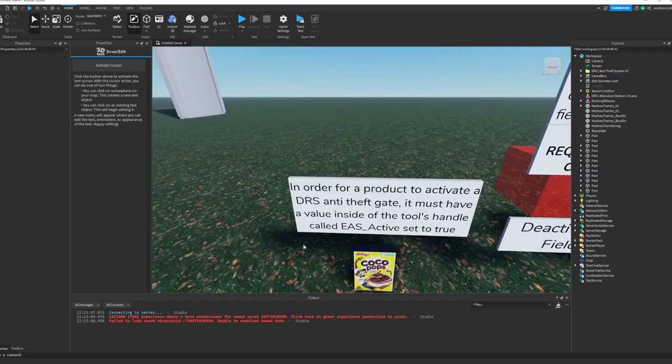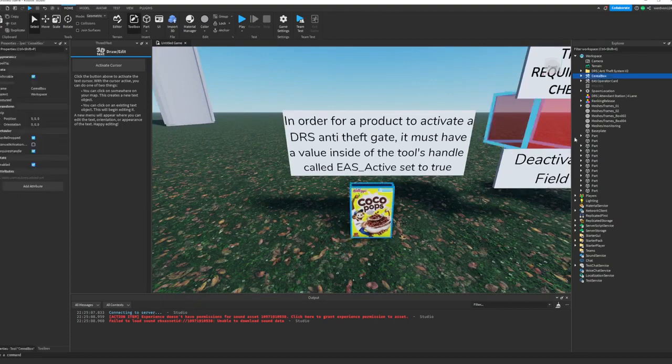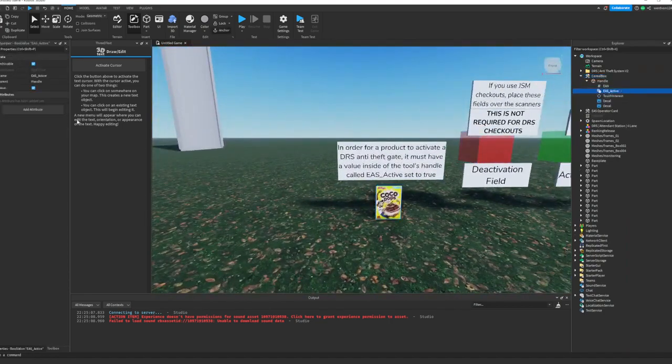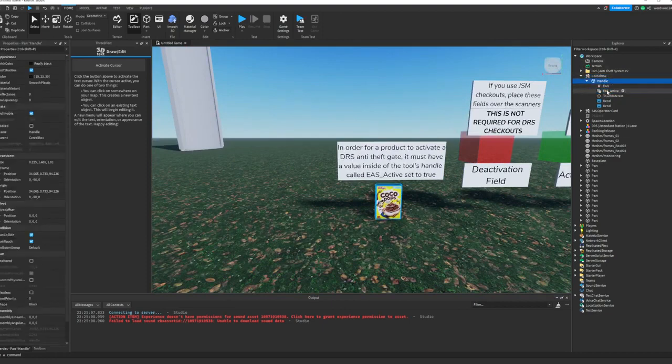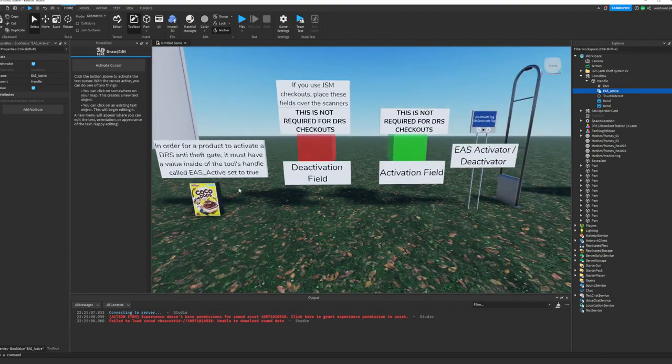So first of all, we're going to start with the product here. This is our box standard Cocoa Pops. We include it in the starter bundle as well. Simply, if you want anything to activate these barriers, there needs to be a value called EAS_active inside of the handle of the tool. This value here will get deactivated either by DRS self-checkouts, JSM V2 checkouts, or by these